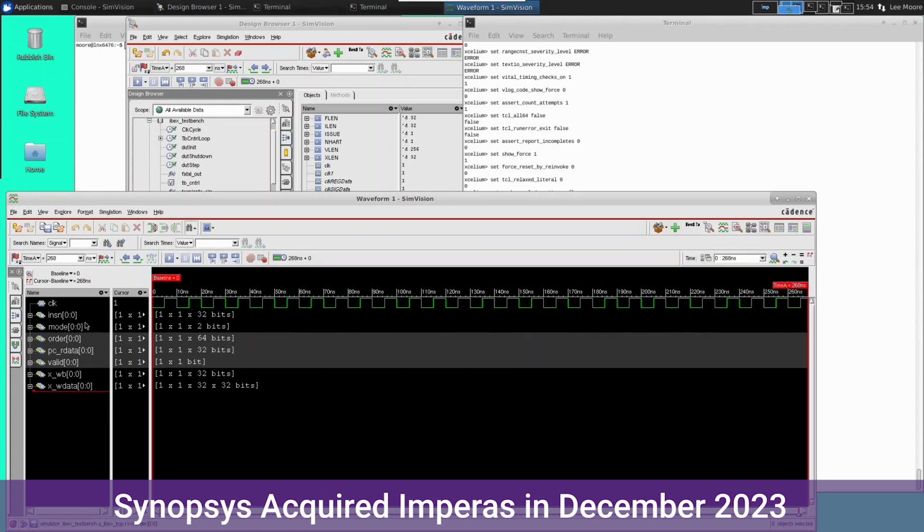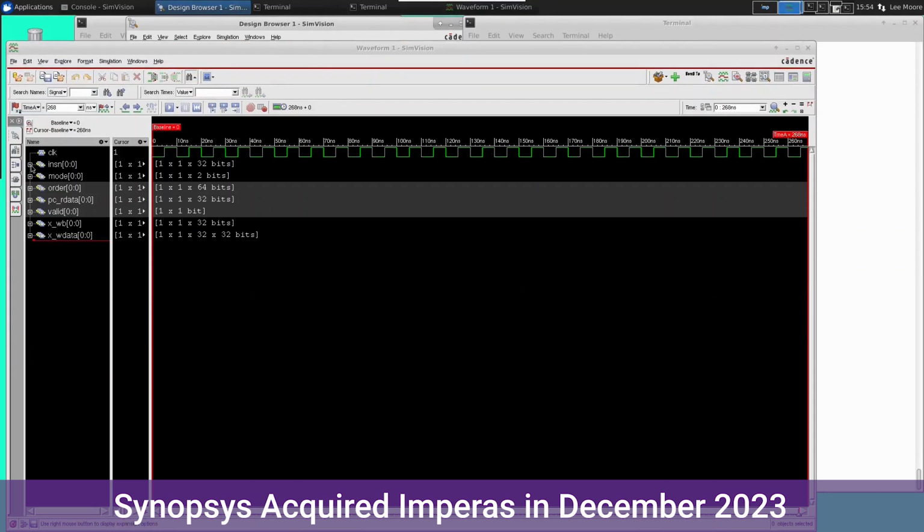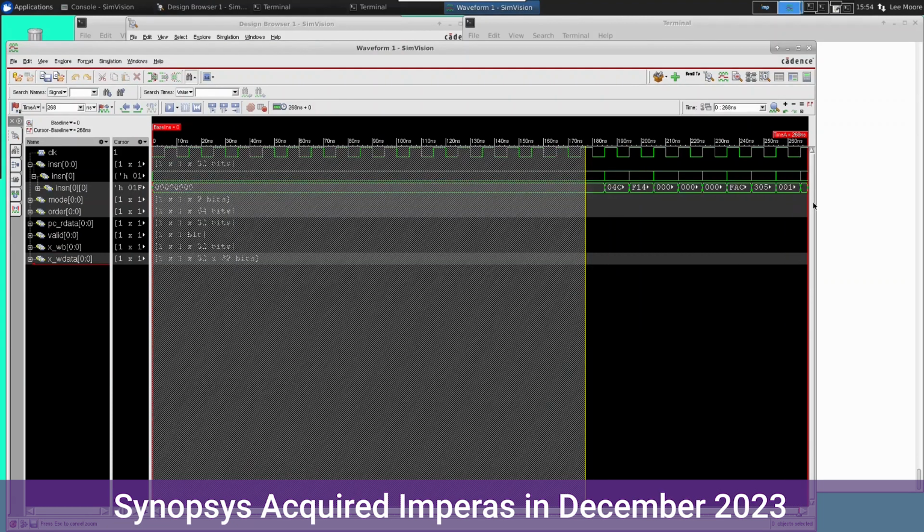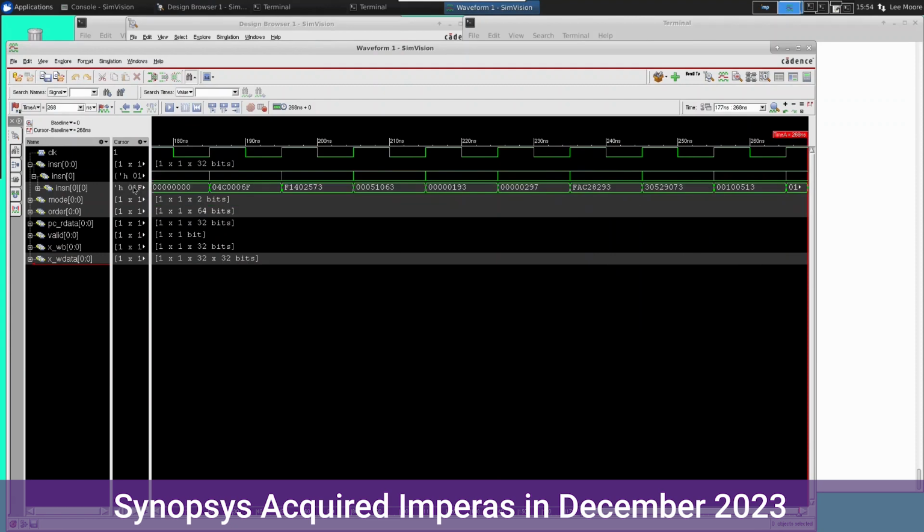This is a cut down set of signals within the interface. It's really the only ones we're interested in looking at, because as I mentioned before, the Ibex core only supports GPR registers. There's no vectors or anything like that in here. But what we can do is push down and look at a lot of information and determine what's going on. So if I look at, first of all, the instructions themselves, here I see the instruction bit patterns